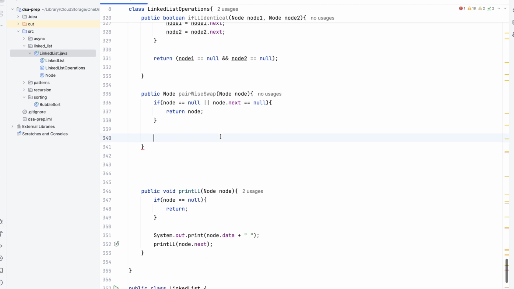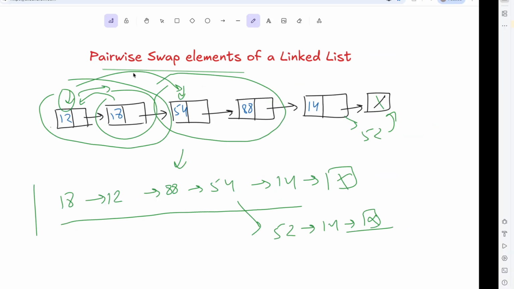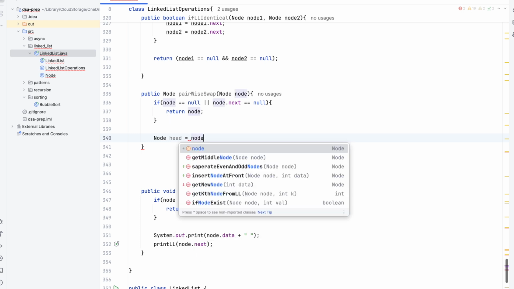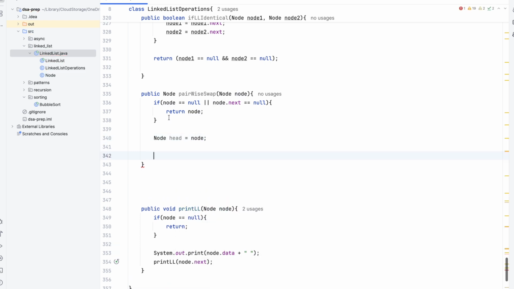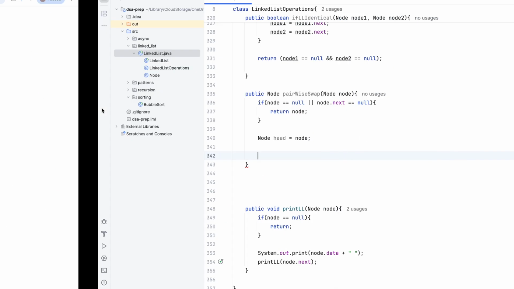Okay, and then if it is not, then we can just keep a head of that particular node. Okay, so what we'll be doing at the end, we will be traversing this particular linked list. Okay, so let's say we are here, then we will be seeing this particular element and then we will be swapping. Okay, then we will be moving to this particular location. We don't need to move to this location, right, because we already swapped it. Okay, because we are swapping in pairs. So now what we can do is keep track of this particular node in the head so that at the end we can return it, because this node pointer will be traversing, so it will not contain the head at the end. So we are just keeping this head.